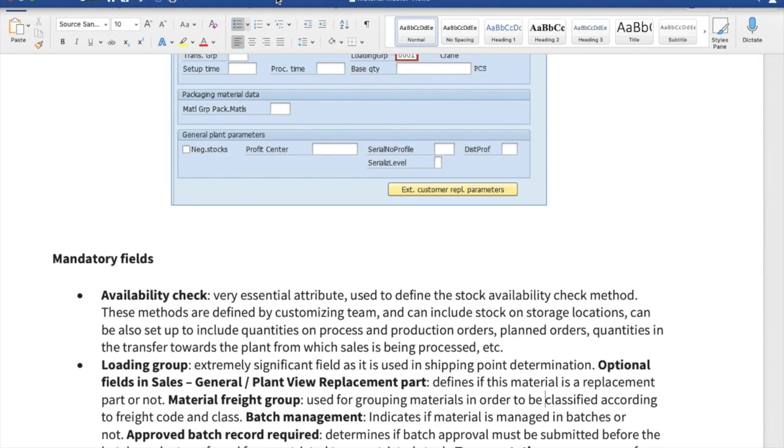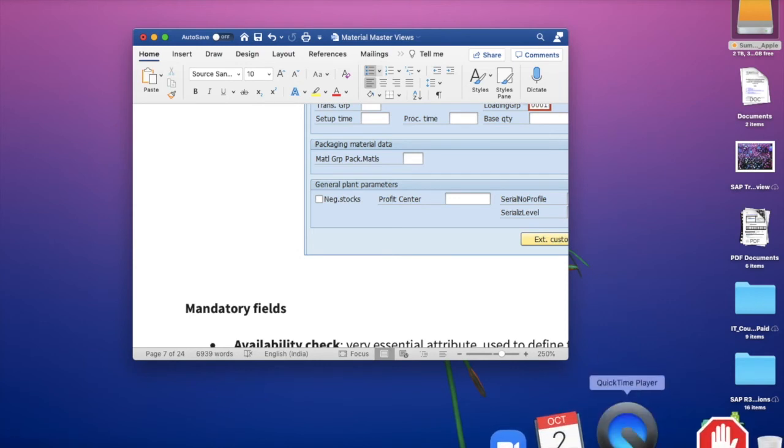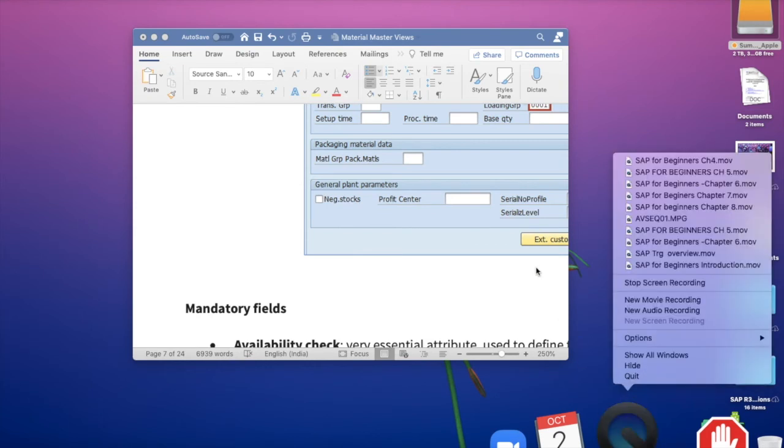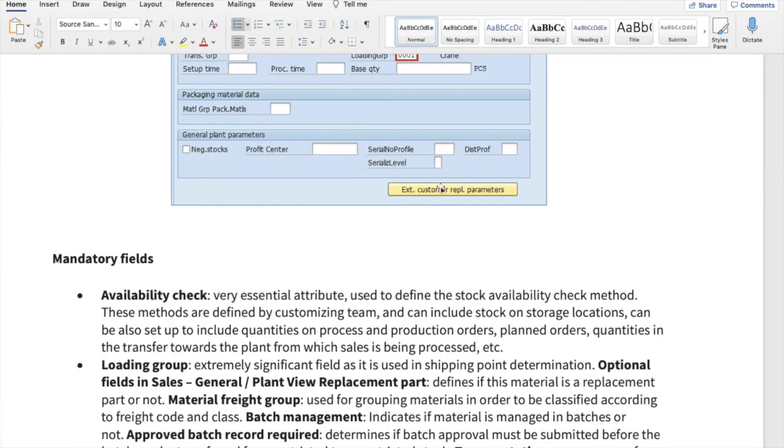So that is something they would like to have available. The batch management method by which we do this is also in this particular area. You can mention the batch management data over here. Let me show you where it is written,